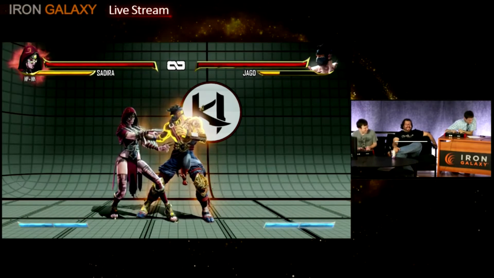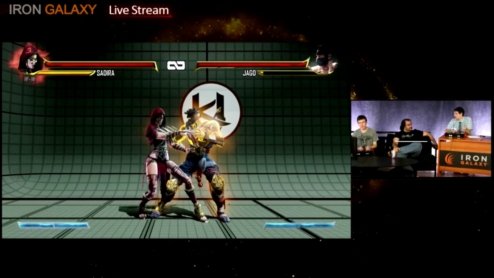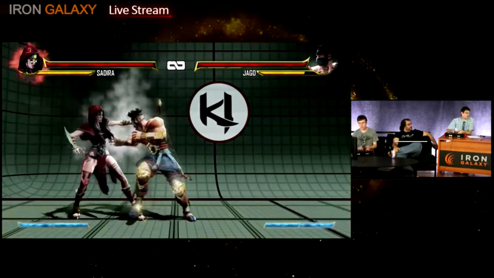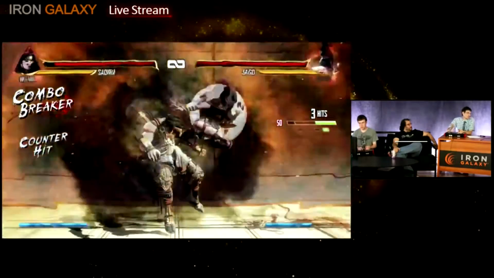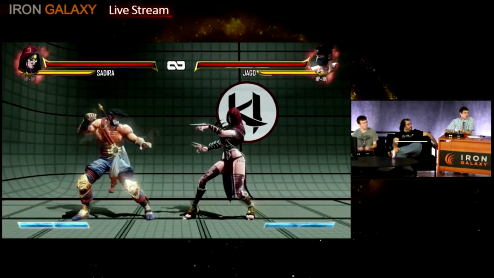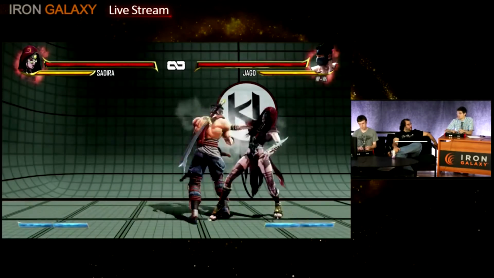Here's another good situation. Jago's throw is actually technically an opener as well. So throw me and then do Dragon Punch. Okay. That's opener ender now. I can break that instantly. But if he does his throw into Shadow Laser Sword, that juggles like a linker,